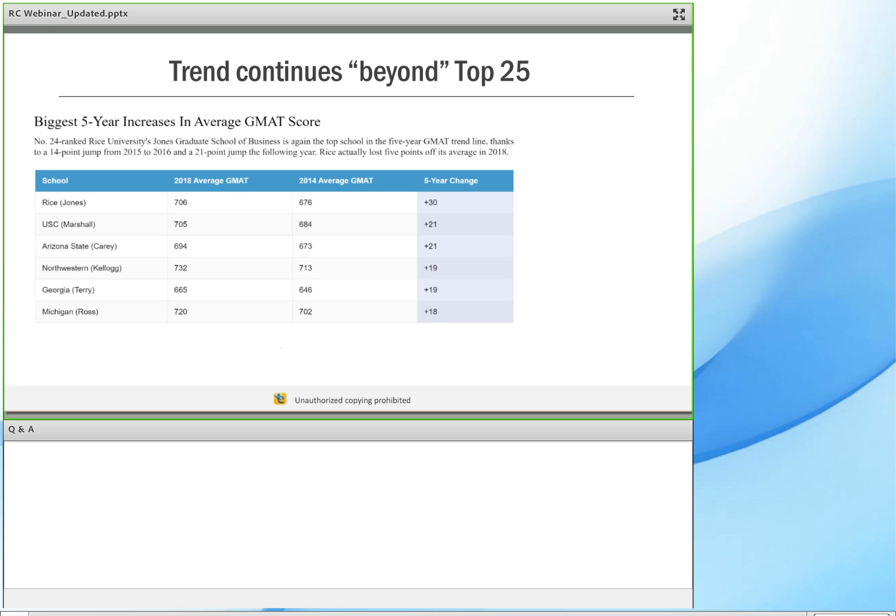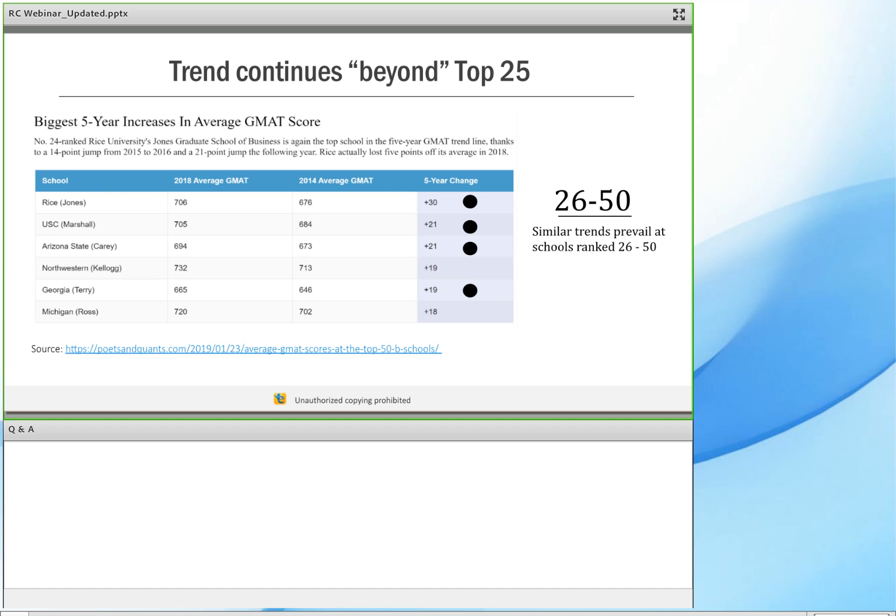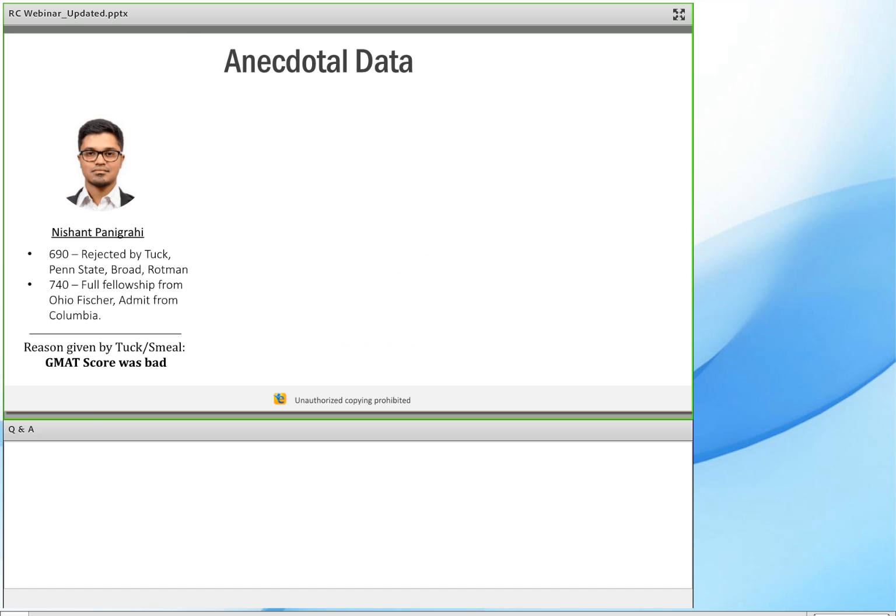And again, because this goes for top schools, the tier 2 schools, or schools ranked 25th to 50th, follow course. You can really see the black dots are schools that are typically considered tier 2 schools, and you can see the median GMAT score increases over there. And we do continue to expect this to happen in 3 months as well.